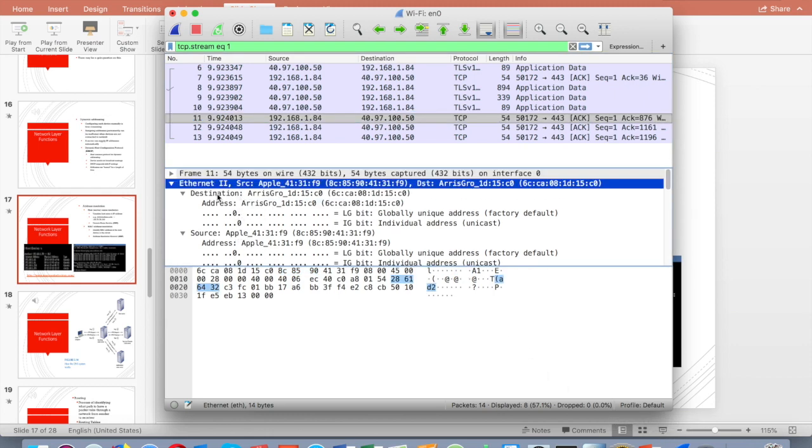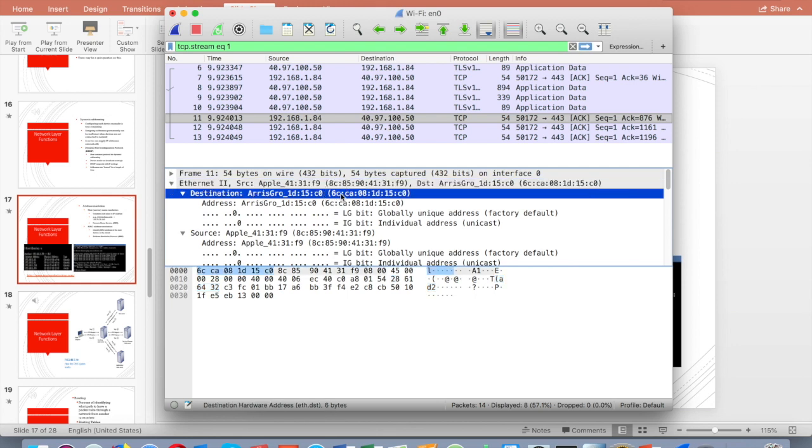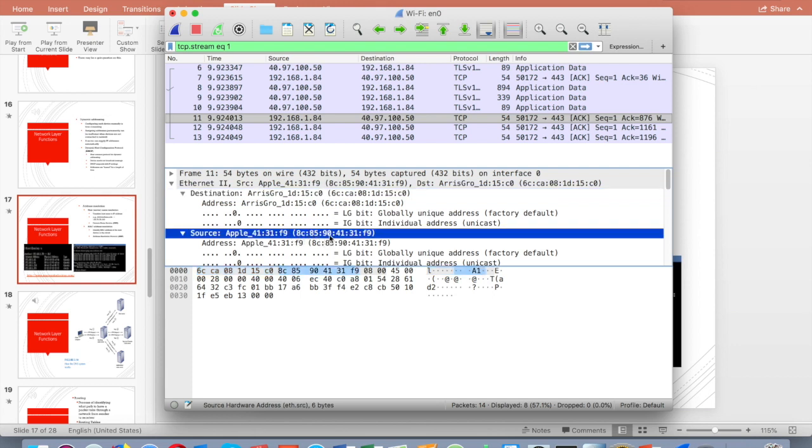Right here, we have the actual MAC address in parentheses, and this says Eris Grow here. And down here on the source it says Apple, and it's got a MAC address here. So I know I'm using an Apple, and I'm pretty sure that my Apple's using an Apple network card. The first 3 digits of a MAC address, remember these are hexadecimal digits, identify the vendor of your network adapter. Because remember, we're at a lower layer here, and that's what it uses to translate with the switch.